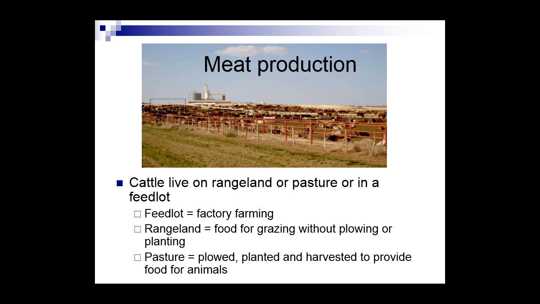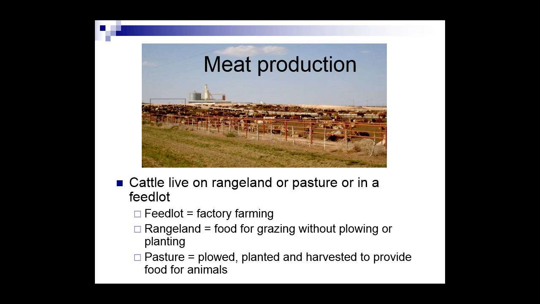Rangeland is where we allow animals to just go out and graze. This is more the natural way to do things. So they just go out and eat the grass, and when you're ready to go get one and kill it, you send out the cowboys. They go get it, bring it back to the slaughterhouse. And then pasture. Pasture is cropland that is designed for animals. So we talked about that earlier in another video, where I said the pasture land, this is cropland, but you're growing food specifically for animals, not for people to use.